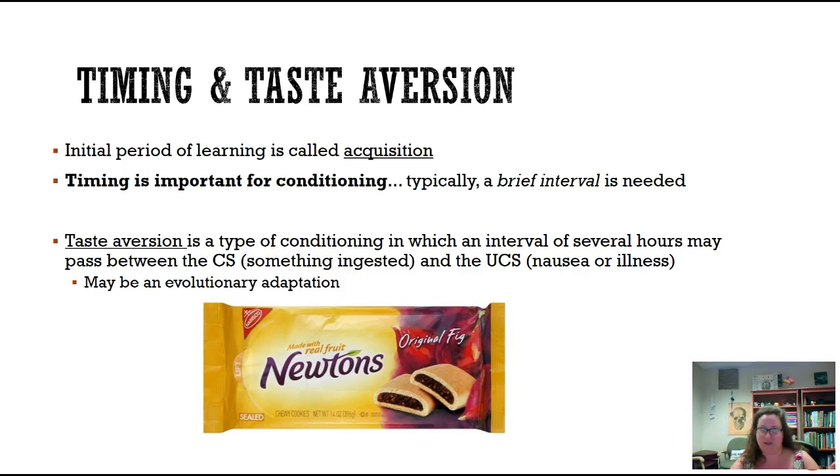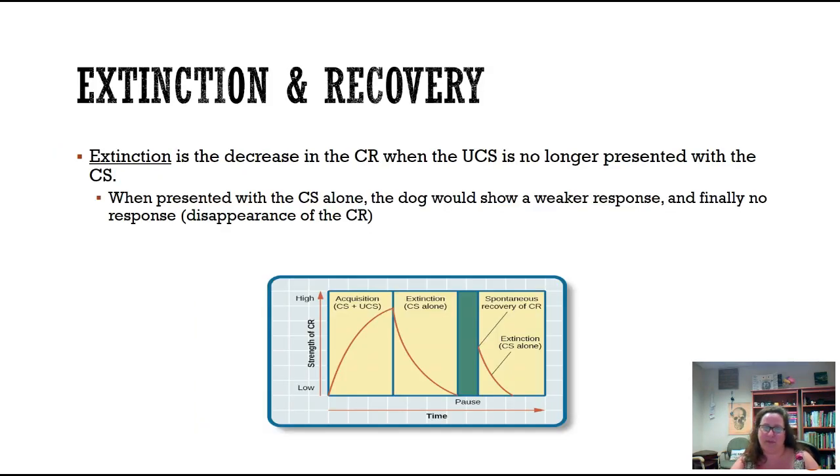And we think this may have to do with evolution. So if you ate something and it made you sick, then you don't want to eat it anymore. If you find a spider out there and you're like, delicious, and then you vomit, you might not want to go around eating spiders. So it might help to keep us alive. Although I'm sure I wouldn't die if I ate a Fig Newton. But,